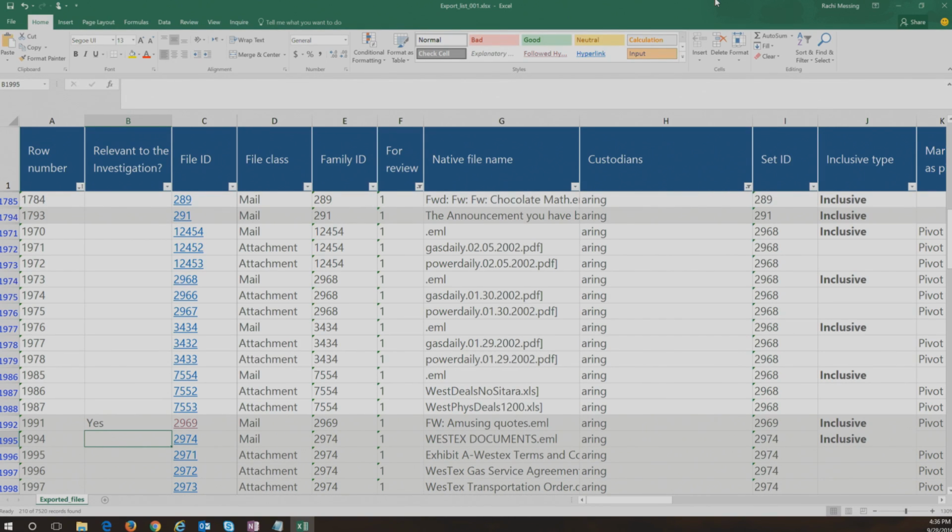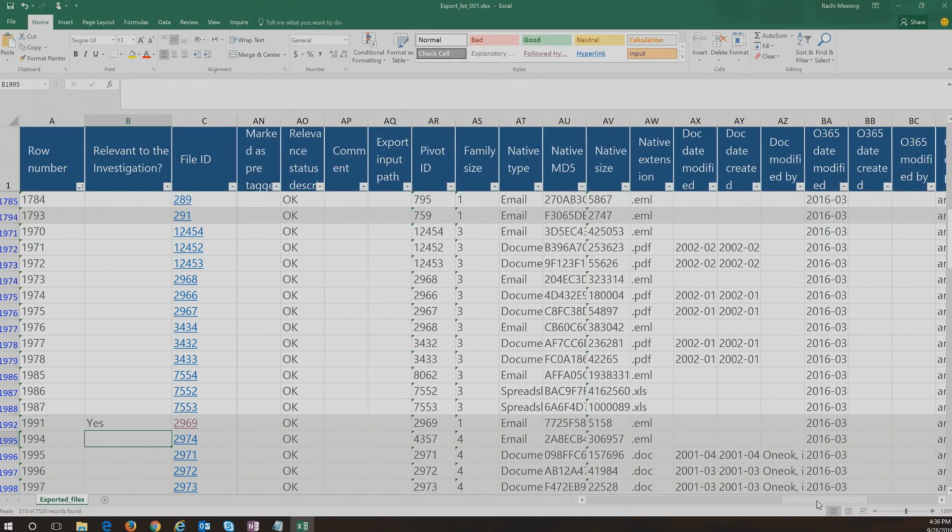And by doing so, it is going to score all of the documents in this collection, the 1 million, 2 million, 3 million, whatever it is, and it's going to be able to say, if I want to look at only the data that is most likely to be relevant, what percentage of that data do I need to look at? And every single document is going to get a score that when I exported that data out,